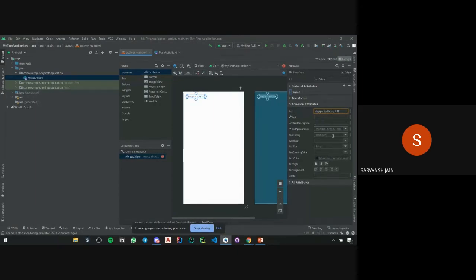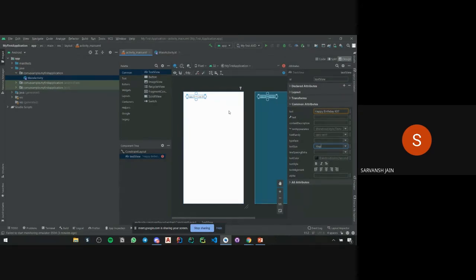So I'll change the text size. I'll change it to 36. So basically here, as you saw, I have not put centimeters, and the font size is a bit different. We don't know what SP is like. Okay, so SP is basically scalable pixels, which is used to set up the size of text.